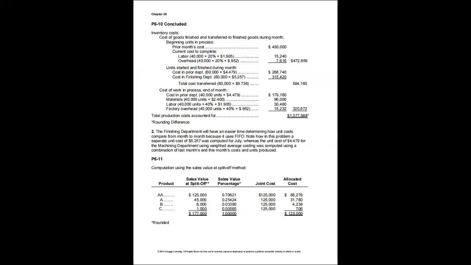So we have 1. The total cost is 177,000. Sales value percentages, so the total of 1. The joint cost of 125,000. So we now multiply the joint cost by the sales value percentage. So we get the allocated cost of